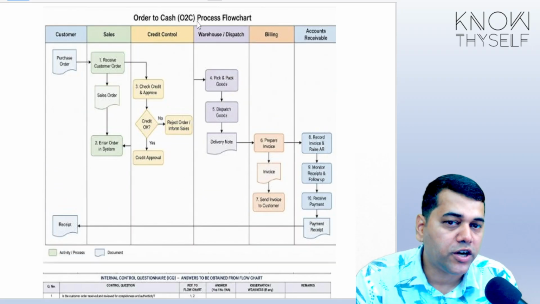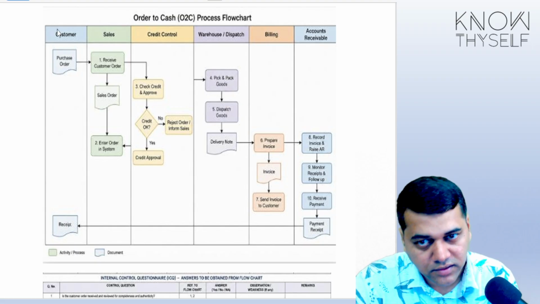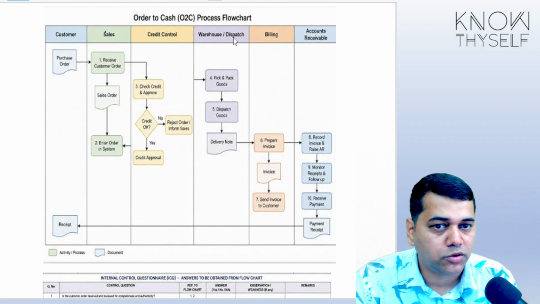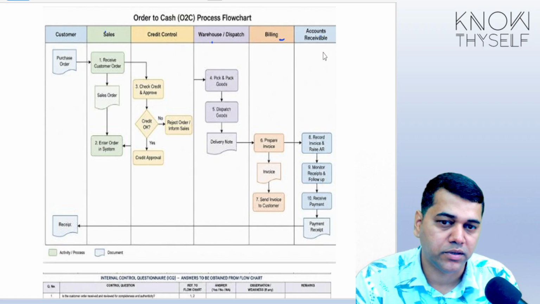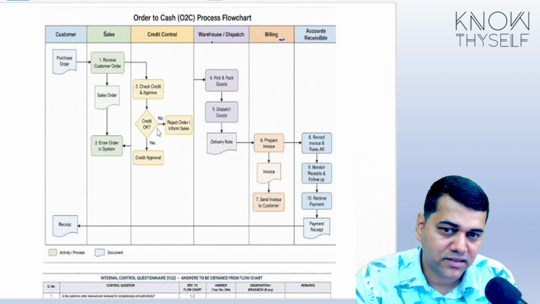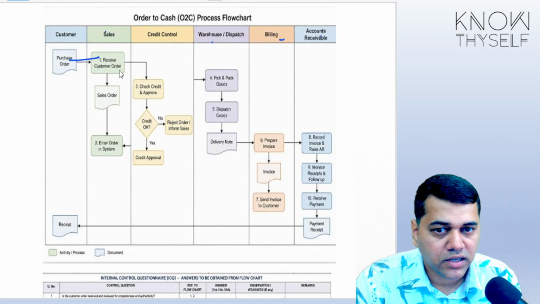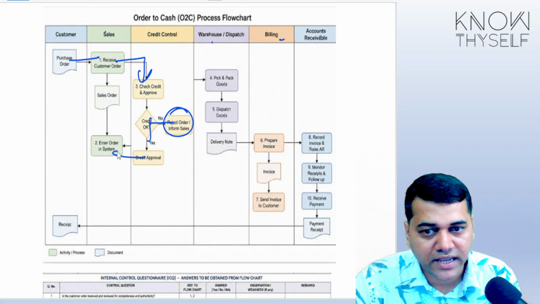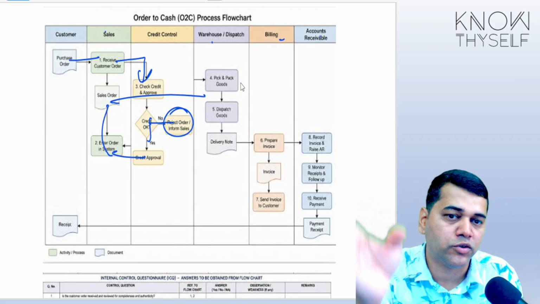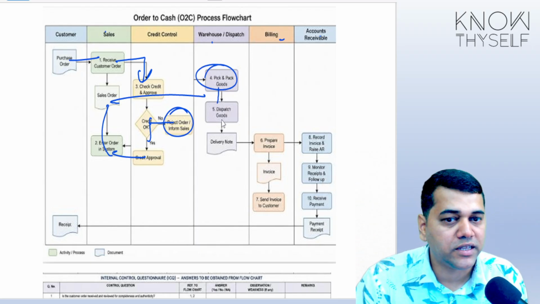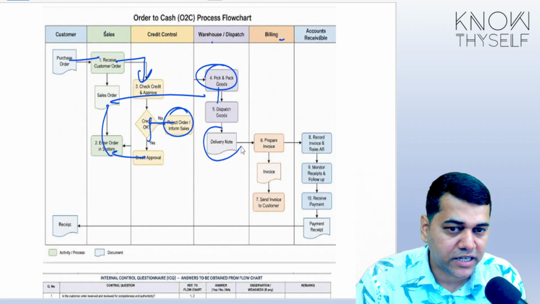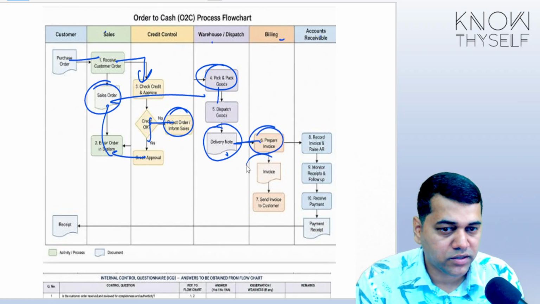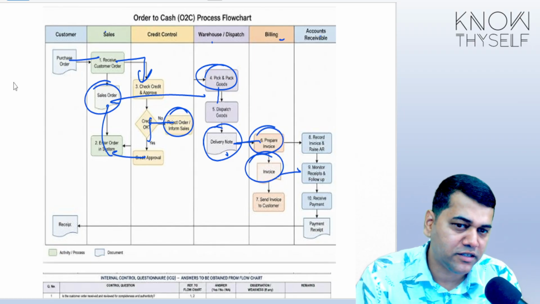Here is something called order to collection. I told you, the customer is the initiator, then sales. Then you have credit control, dispatch, billing, accounts receivable. So the processes flow like this. Did you receive the customer order? Yes. Have you checked the credit limit? Yes. No? Then please check it. Yes. Then, can we issue the sales order? Yes. Then start picking the material because he is a creditworthy customer. Dispatch the goods. You prepare the delivery note. This is documentation. Then prepare the invoice. Send the invoice. This is documentation. This is how the flow happens.